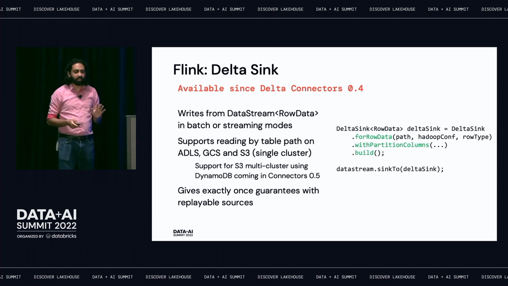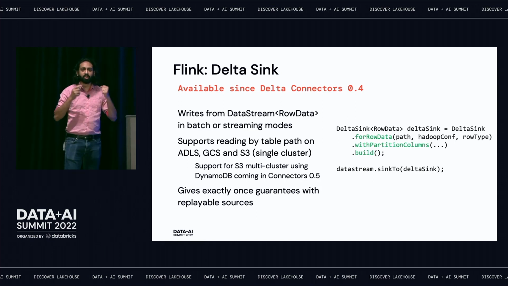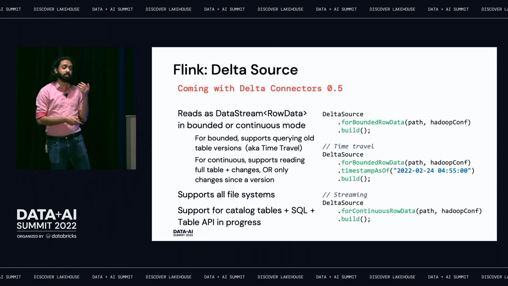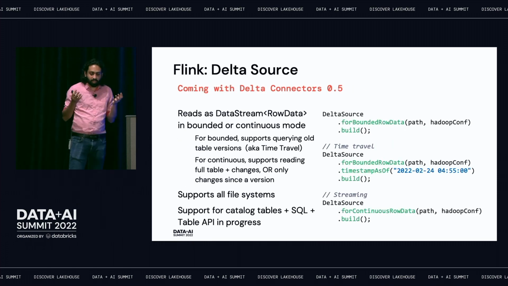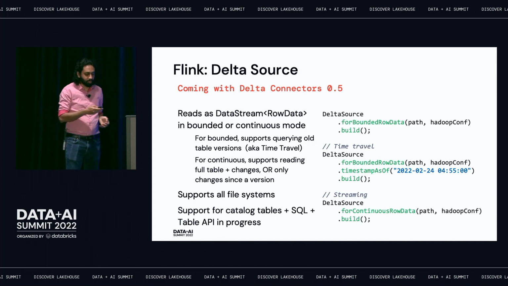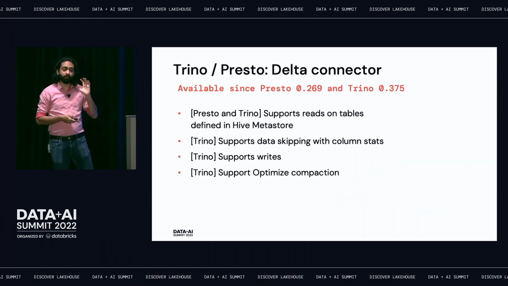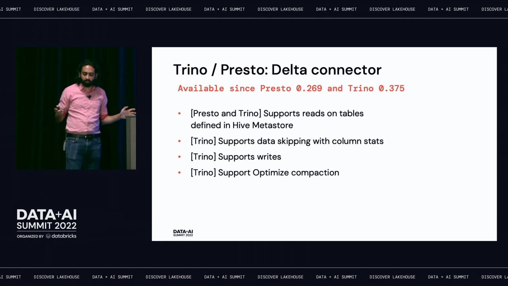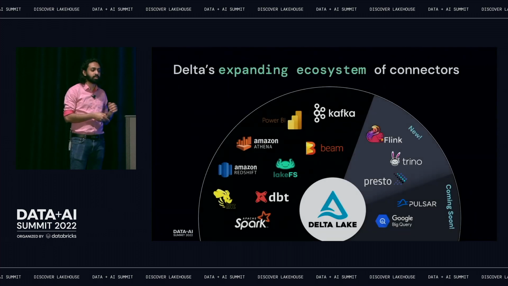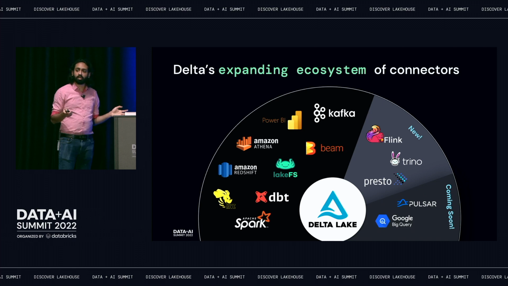Clearly, we had more information than we could talk about. So, TLDR, we have been expanding beyond Spark to Flink. We have the Flink Delta Sink already out. Please try it out. We will have Flink Delta Source out very soon. Both of them have the same level of support and APIs as the Spark streaming and batch support. We also have already released the Trino and Presto Delta connector. Again, we have expanded the system, and we continue to expand the system to newer and newer